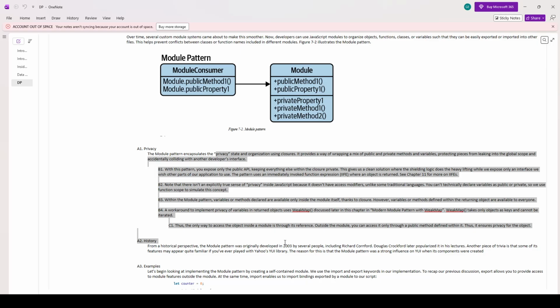Components are able to own their state using closure, and React also came from JavaScript. It provides a way of wrapping a mix of public and private methods and variables, protecting pieces from leaking into the global scope